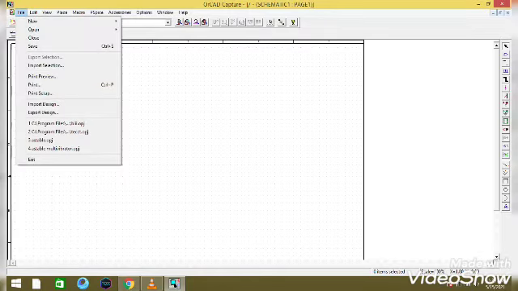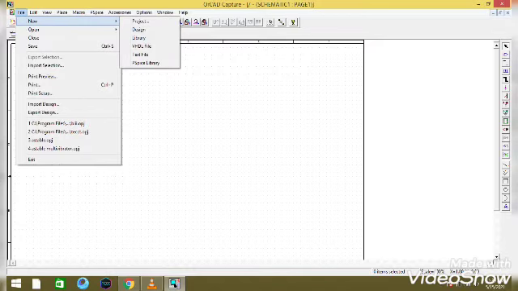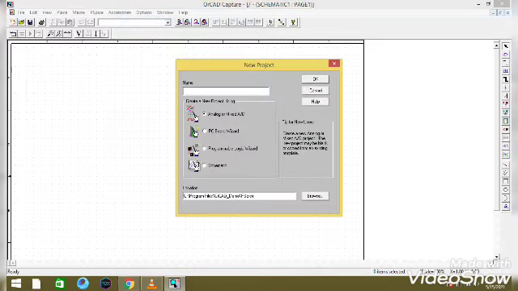Go to File, New Project. Now you can give your file name. I'm giving the file name as Bistable Multivibrator. In the options below, make sure the radio button is selected on analog or mixed A/D.